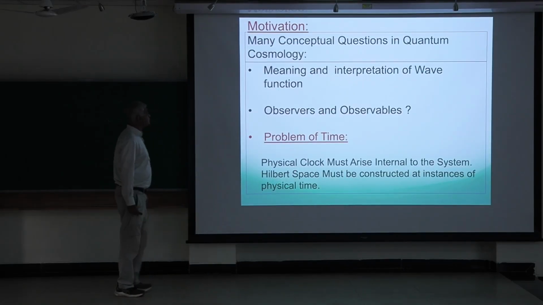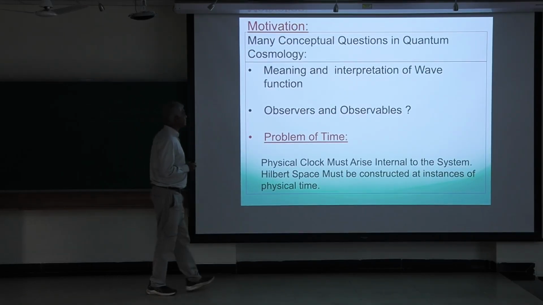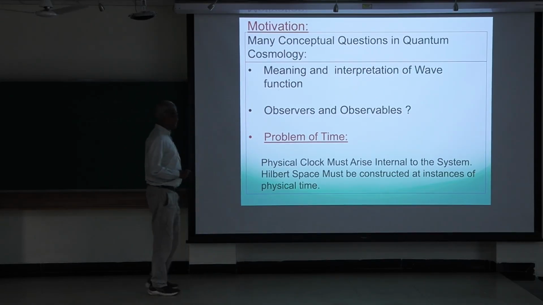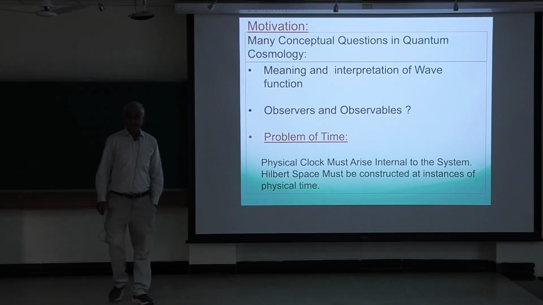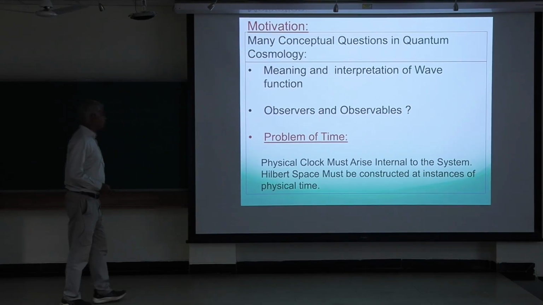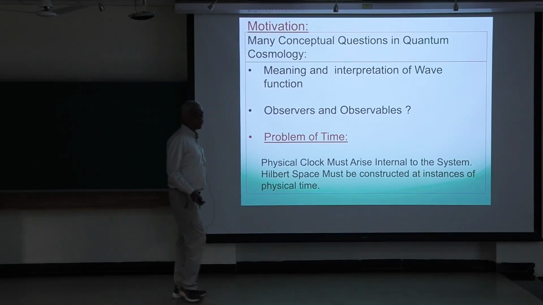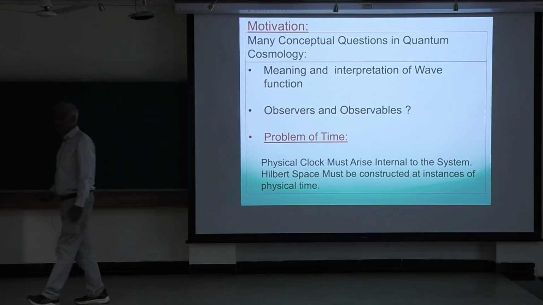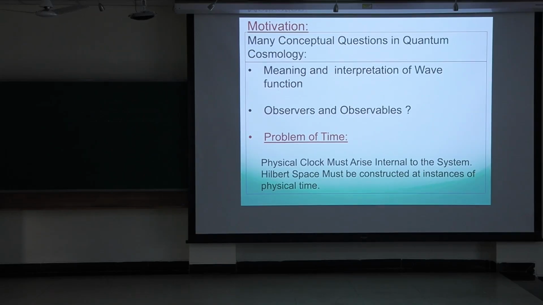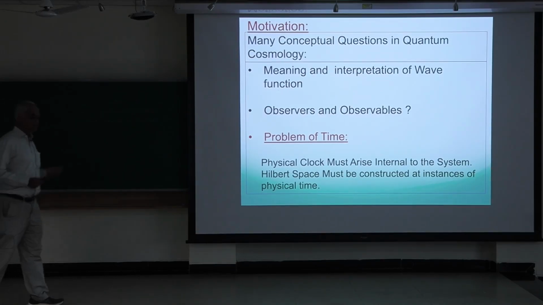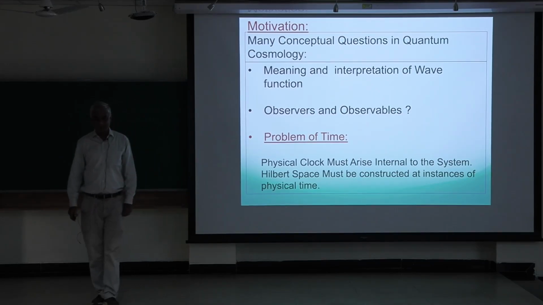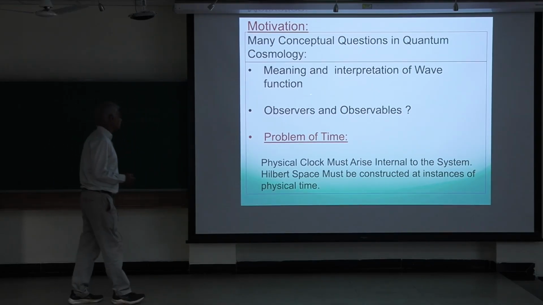that, more generally, when one tries to study questions in quantum cosmology, you're immediately confronted with many conceptual issues. For example, what is the meaning and interpretation of the wave function? Because there's nobody outside the universe. So normally, if you have a wave function, you say, I compute probabilities, I go in the lab, I have an ensemble, and so on and so forth. You can't do that with the wave function of the universe. So what does the wave function of the universe mean?